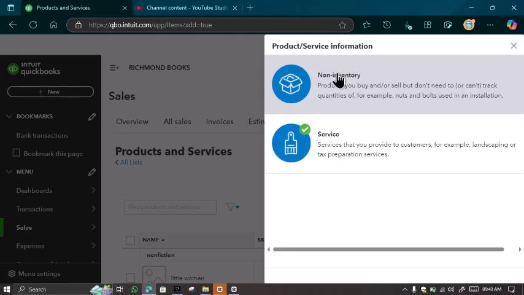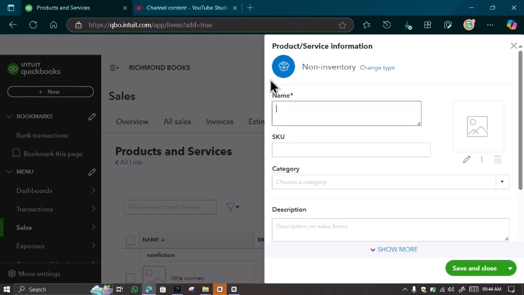Now if you want to do it for products, choose non-inventory. I don't know why we can't choose inventory, because of the kind of work I'm doing and the kind of account that is opened. So put in the name,